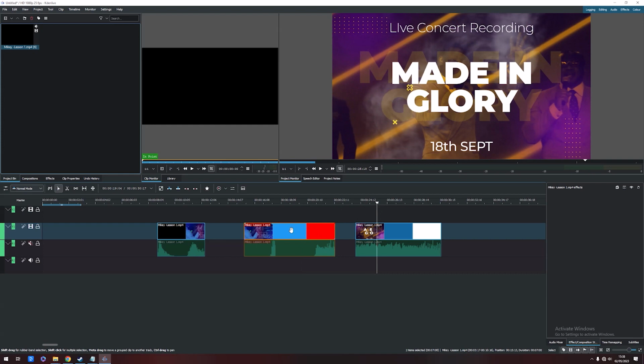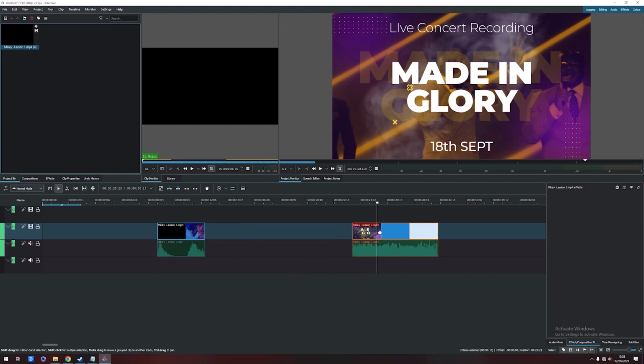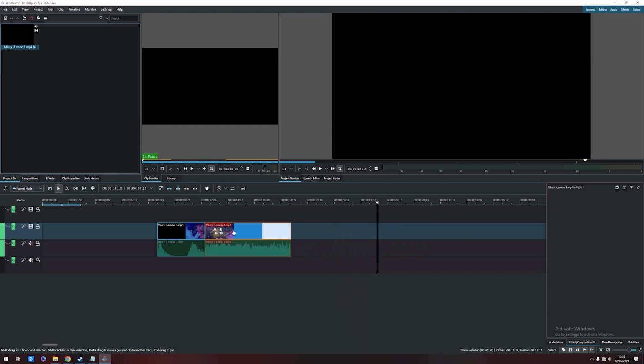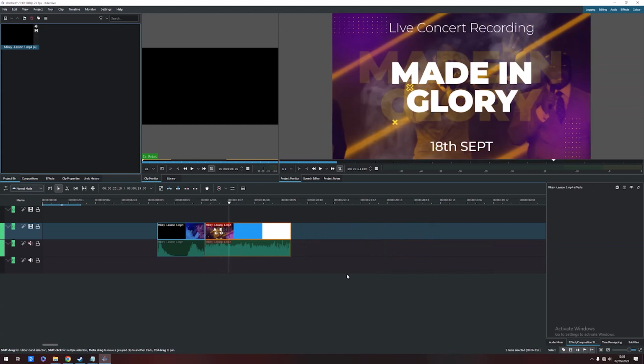So to delete this, I'll just right click and I'll say delete selected item, or you can just press delete on your keyboard. Now I can drag these two clips back together and I have one seamless video without any of the red bits. So as simple as that may seem, believe it or not, a very large portion of